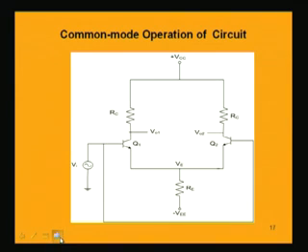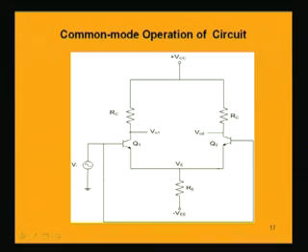Now, another mode of operation is common mode operation of the OpAmp. In the common mode of operation, we are connecting the voltage Vi common to both the input terminals. So, as you see here, Vi is connected to both the input terminals of the OpAmp. So, in the differential amplifier circuit, if we see,